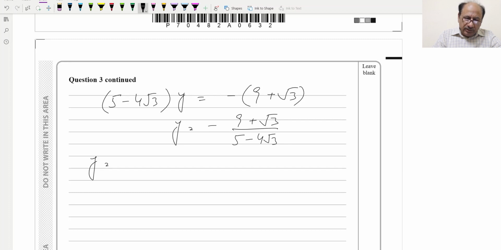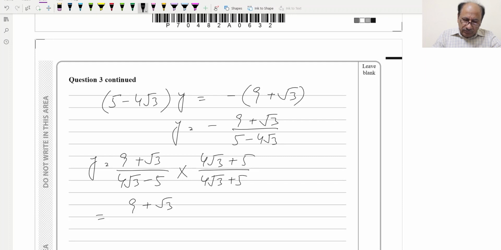So for rationalization, first of all we can accommodate this minus, so 9 plus under root 3, we can write it as 4 root 3 minus 5. And now we can rationalize by multiplying 4 root 3 plus 5 over 4 root 3 plus 5. And now we can multiply 9 plus root 3 into 4 root 3 plus 5, and this will be